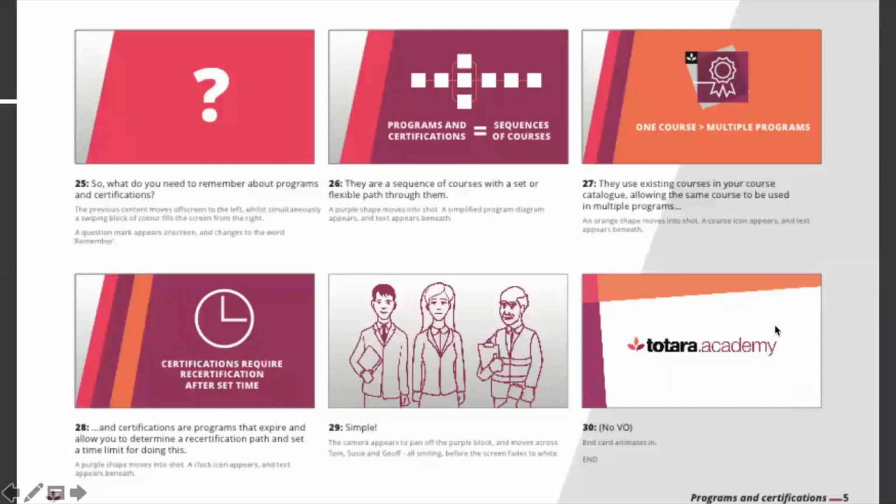So we have generally recaps at the end of a lot of our longer Academy animations. Perhaps a lot of information has been introduced, and it'd help just to remind people of it, go over it quickly again, summarize the key points. Sometimes we repeat sections of footage as well. So if we've spent quite a while doing a really elaborate composition of things moving, we might repeat it again just to remind them, so then they're reminded visually as well as by the voiceover. Generally, repeating it helps people remember. So there we've got about 4 things being reminded at the end there, recapped, and then we've got an end card as well